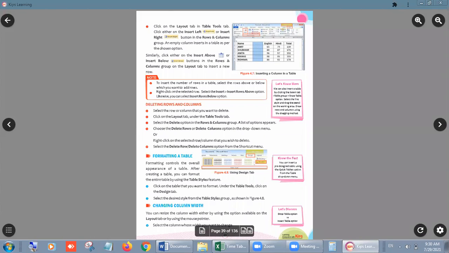Okay students, now deleting rows and columns. I am telling you that this is our revision class. We already covered all these points, but on that day I think there was a network issue, so I am repeating it, right? So see it very carefully for your revision purpose also. Okay students, now we are moving on to delete rows and columns.